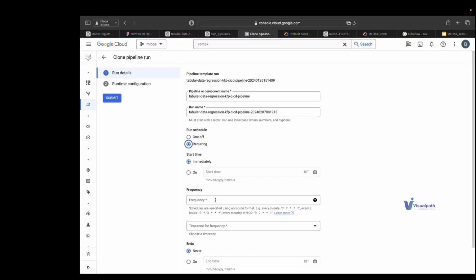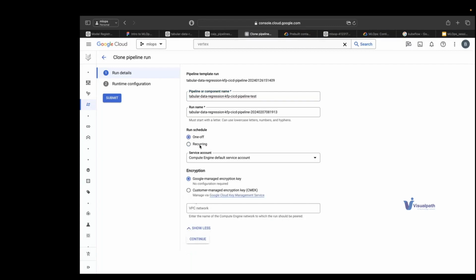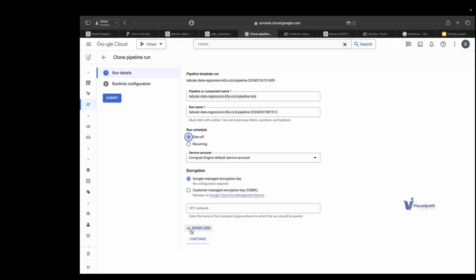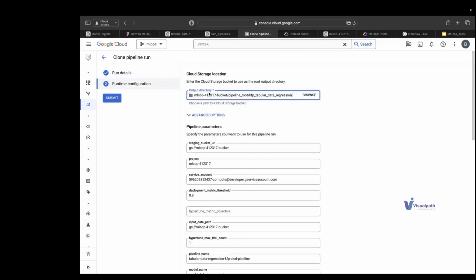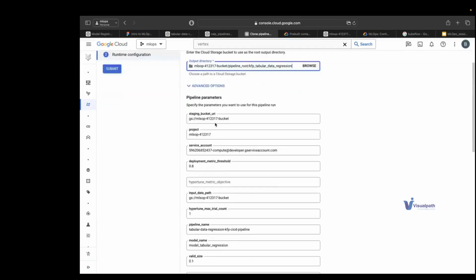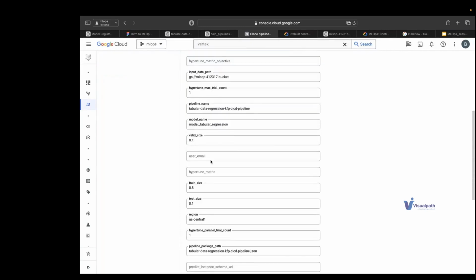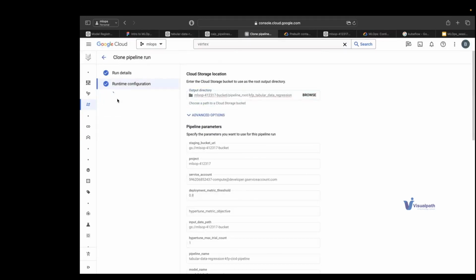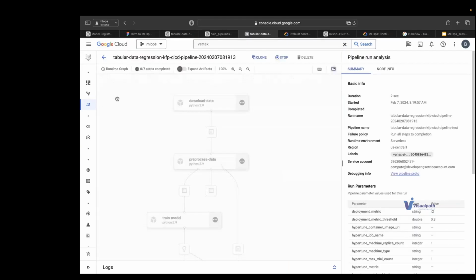This is all I am doing through the console, but you have a test, and then this is a run name, one-off pipeline, or maybe advanced. If you say recurring, it will ask you all of the details. But right now we have one-off, and then you will submit it. Then there is an output directory, and there are some parameters you may want to put, like a deployment threshold and all those things. So you know how easy this is. Once you have a pipeline, you just need to do all of these configurations and submit, and it will create a new run out of it.